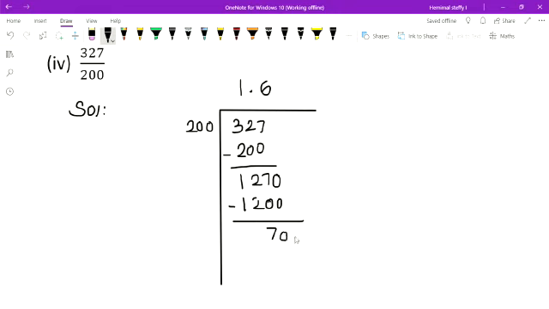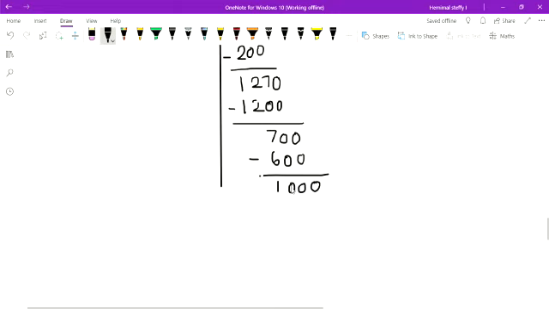And I can add one more 0, because here I have a decimal, 700. 700, 200 including how many times? 3 times. 3 two hundreds, so 600. Then I subtract the both numbers. I get the answer 100. So 100 means we can add one more 0. 1000, how many times? Yes, 5 two hundreds are 1000. It finished. Good.